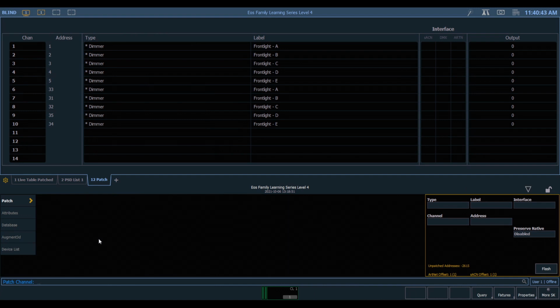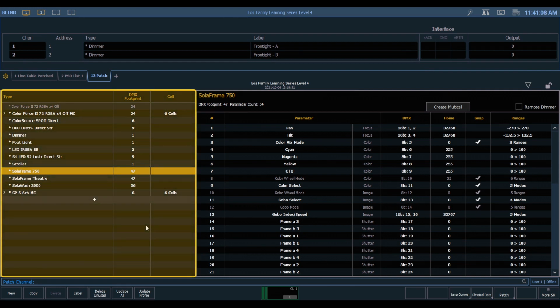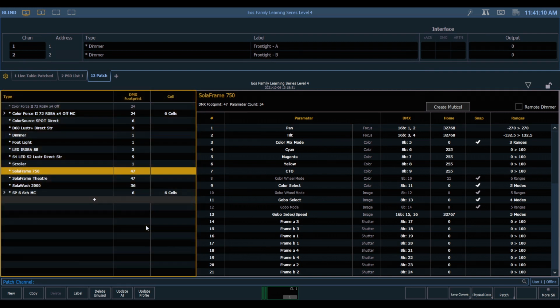It is related. So I'm going to hit the Fixtures soft key. If you have any channel selection, this soft key will not be there, so you may need to clear your command line in order to see it. So this opens up the fixture editor, which is divided into two main portions. On the left, we have our list of fixtures in the show file.